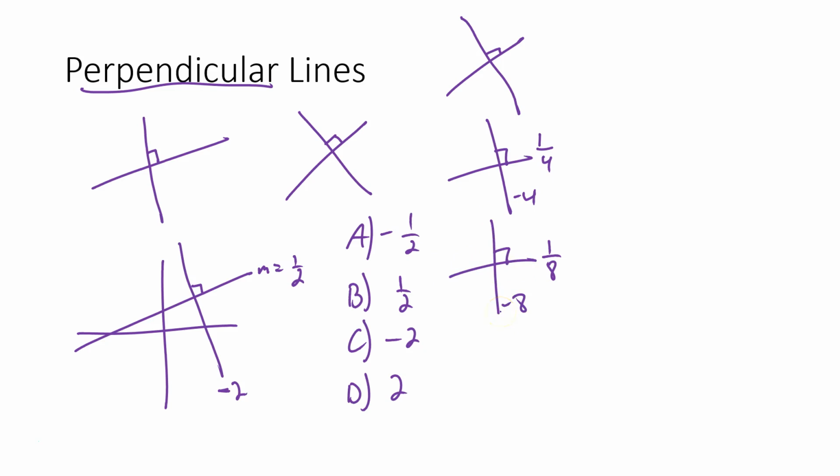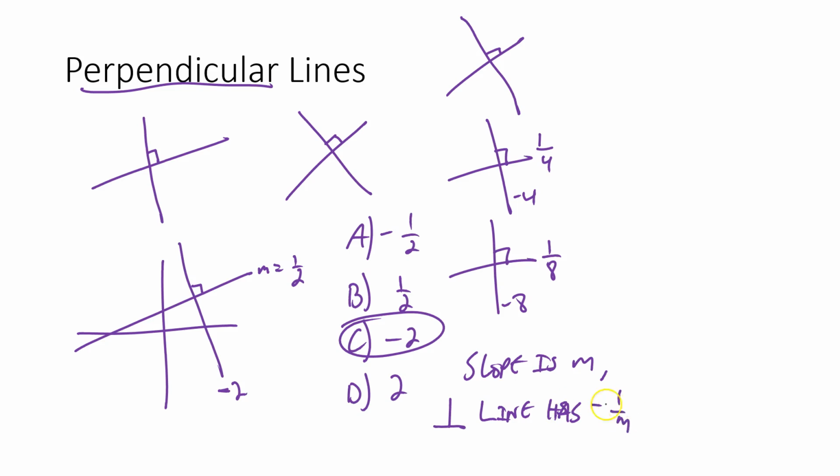You see that the shallower the flat line becomes, the steeper the other one has to become. So we have a reciprocal relationship, and it has to be opposite. If the slope of one line is positive, the other one's definitely negative, and the more shallow this one becomes, the steeper the other one has to become to keep up with it. So if the slope of line 1 is m, then the perpendicular line, that's often a shorthand we use for perpendicular, has